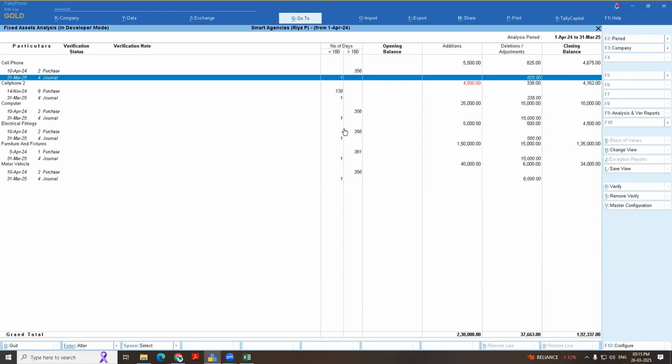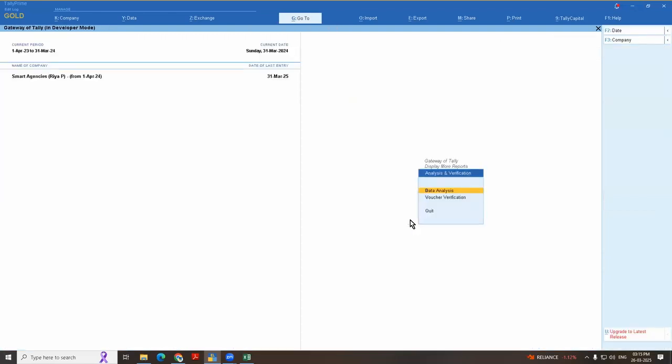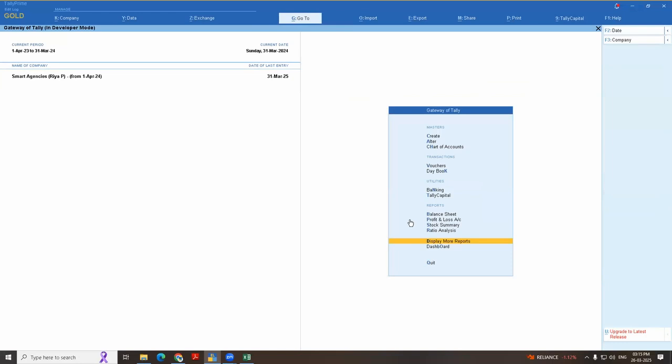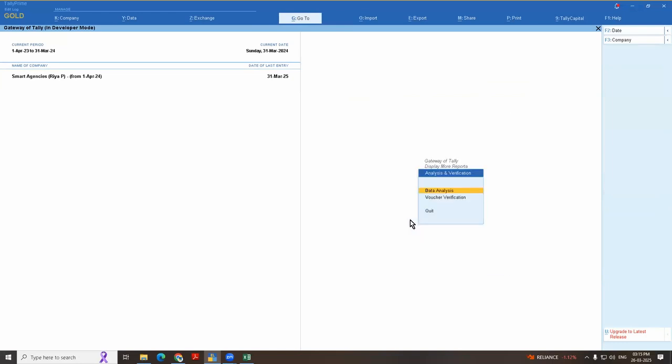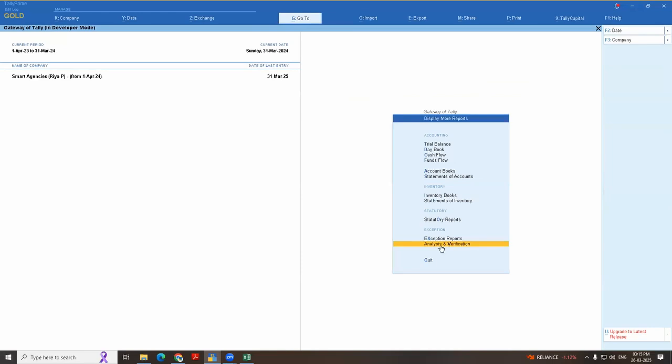So what happens in income tax? We know 50% rate of depreciation and 100% rate of depreciation we can charge. And how to charge depreciation for the asset? That is the simple trick, actually a logical trick. So what you have to do, I can show here again. First, from where you can get this report: Display, Analysis and Verification. And suppose Analysis and Verification is not there, you can just